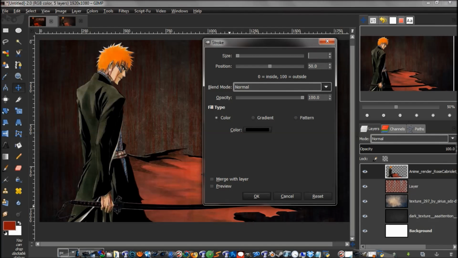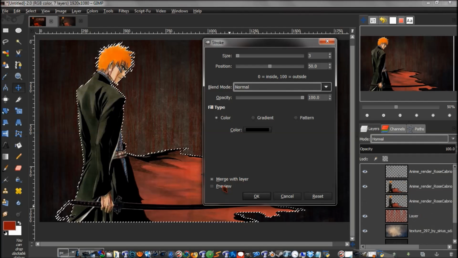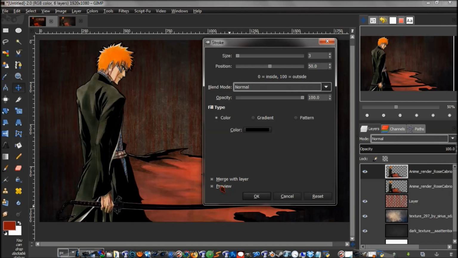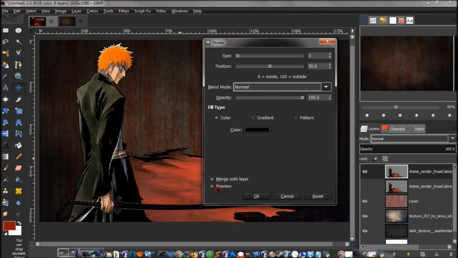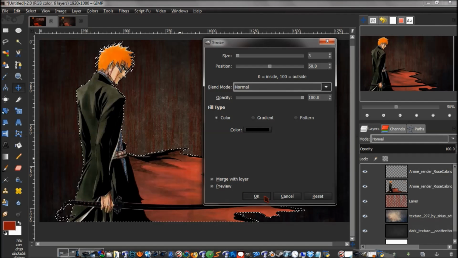So we're going to size it to 3, and we're going to click on merge with layer, and we see you could go ahead and preview it and see how it looks. And I just want the edges to be more crisp, and it kind of darkens it up just a little bit. And we're going to press OK,